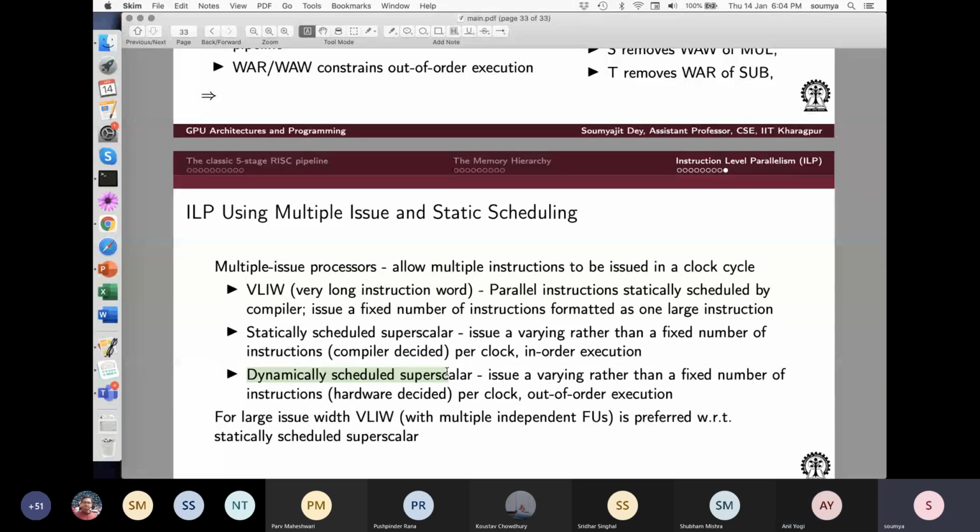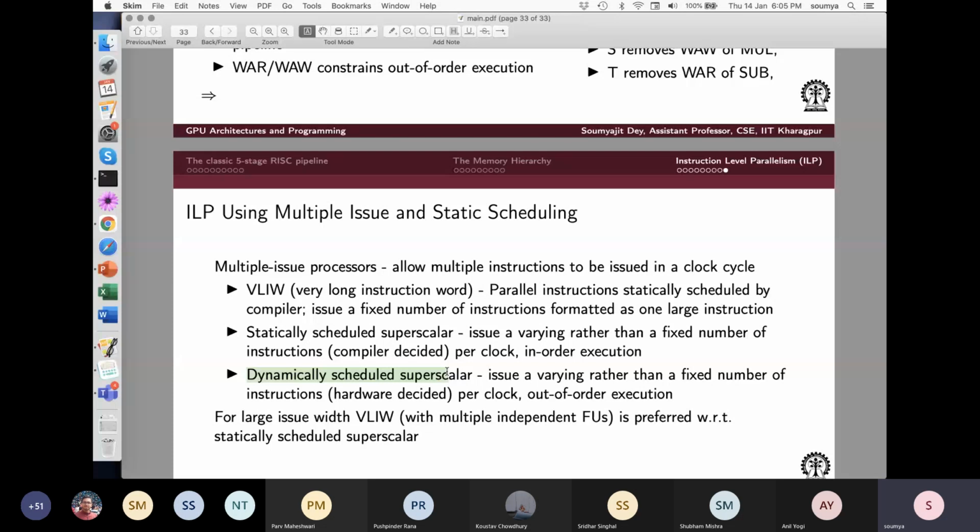If you are compiling a program, you are trying to figure out who is depending on whom. But observe something: when you compile a program, you don't know the inputs of the program. What is the problem if you don't know the input? It means you don't know which path the program will take. A program has an if and else. Whether the program will execute the if or the else, you don't know, right? So really you don't know which instructions will finally execute with what values and what the actual dependency is. You know some dependencies, but you don't know all of them. If you take the decisions dynamically, then you know the inputs, you know which blocks you are actually going to execute. So you can actually juice out a lot of information there.